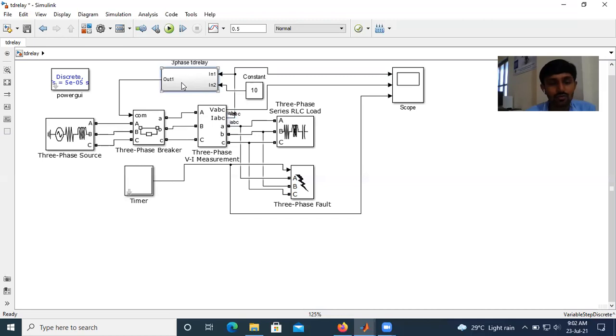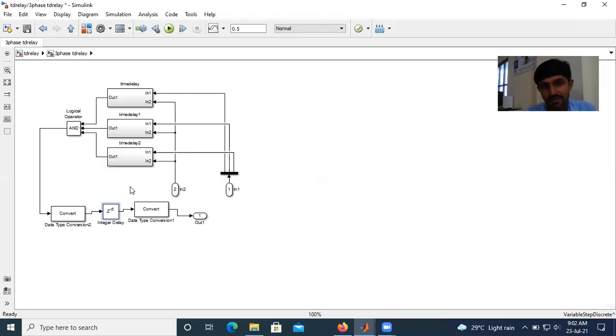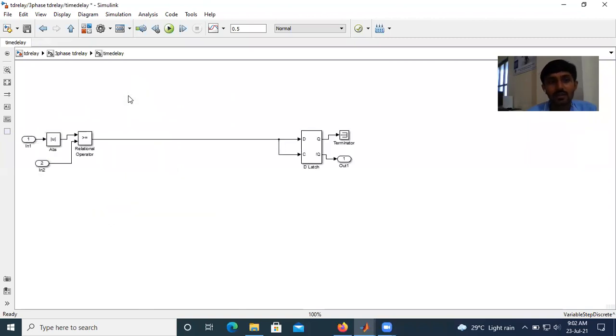In the relay, we use three relays, one for each of the R, Y, B phases. Now we will see what process is done in the three phases. There are two inputs. The first is our actual measurement unit. The measurement unit finds the instantaneous values, then finds the magnitude, and compares it with our reference value. We have already given 10 amperes.